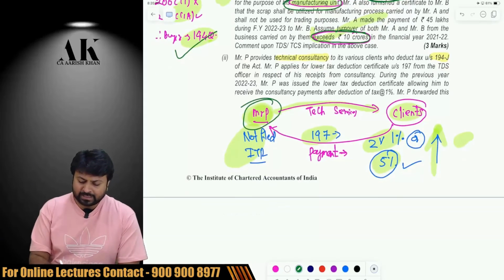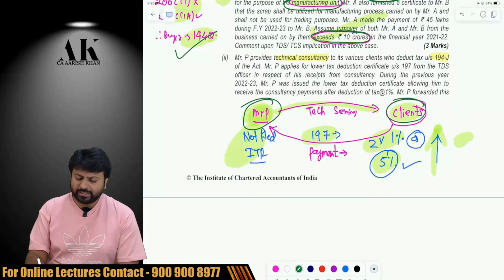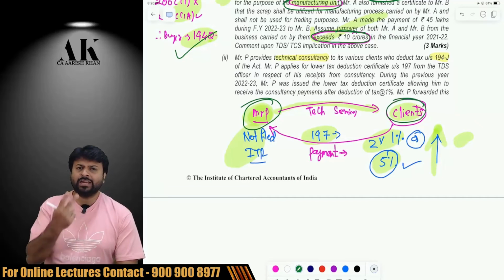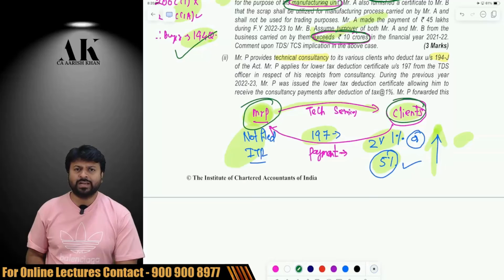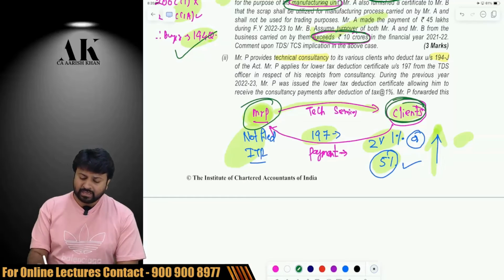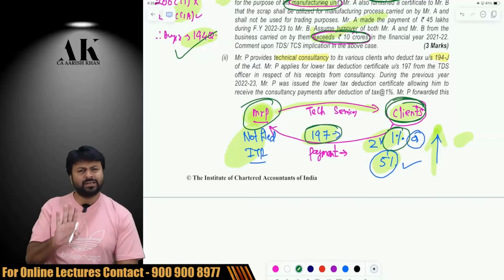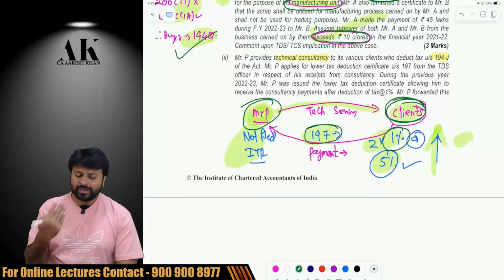Next, there is one person, Mr. P, who is providing some technical services to a client, and on technical service, we know that we need to deduct TDS at the rate of 2% under 194J. But the client is giving a certificate under 197, a lower deduction certificate, saying that please deduct 1%. So I said that yes, I will deduct 1%. But unfortunately, later on, I came to know that